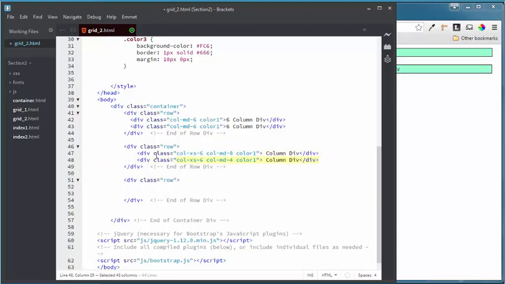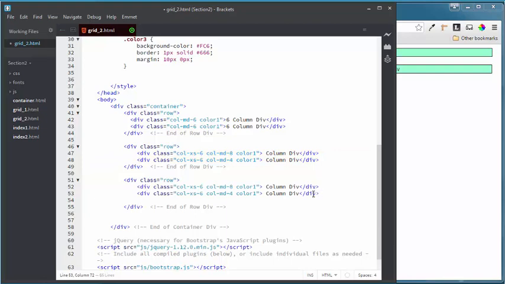Let me go ahead and copy these divs. Go ahead and paste those divs in place. I actually want one additional div for this one. And I'm actually going to give this a different color. Let's actually make this one 3, because we actually have 3 settings up there in our internal styles. And what I want to do here is let's go ahead and demonstrate a different one. So I want to set up my columns